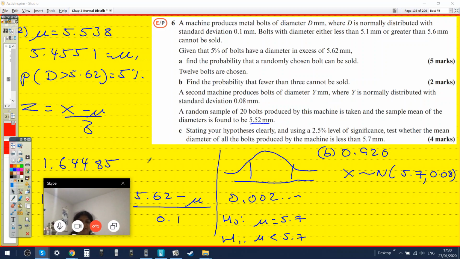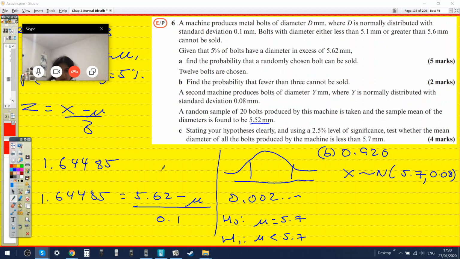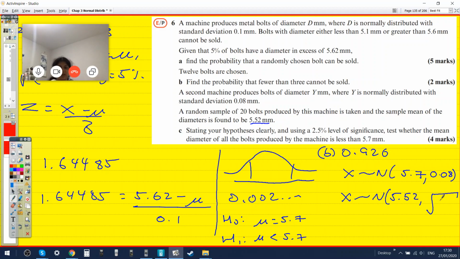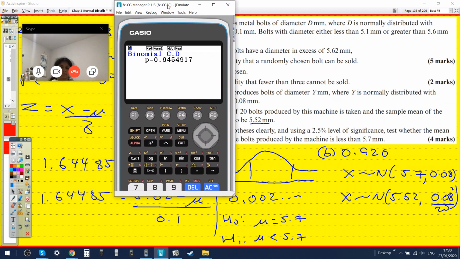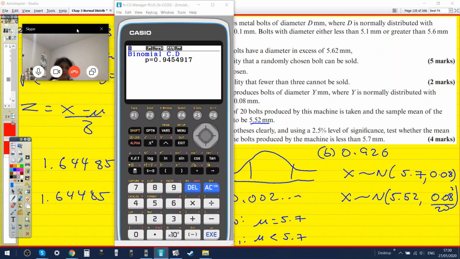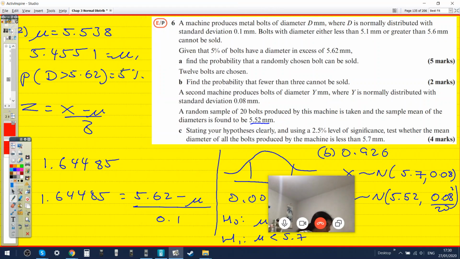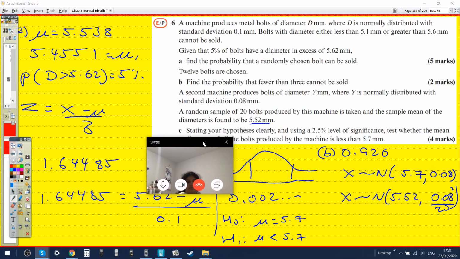In the calculator you put 5.52 as the mean and the square root of 0.08 over 20 as the standard deviation. Okay. I don't know what to do next. I think at that point you would just crunch the numbers. Let's see, how did we do the previous one? We did z equals x minus mu over d, and then once we had that,